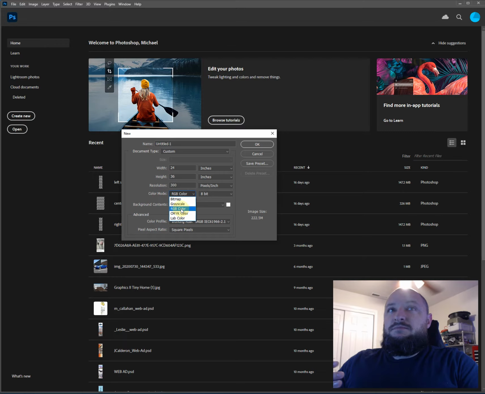RGB is sort of the default environment for working in a digital environment, whereas CMYK right here is going to be the default for working on a print focused design, right? It does change how you see the image slightly, and I'll show you guys that. And then the bits here, it increases the color accuracy, but generally for what we're doing, for the level of technology that we are working with, and not having super fancy pants printers,